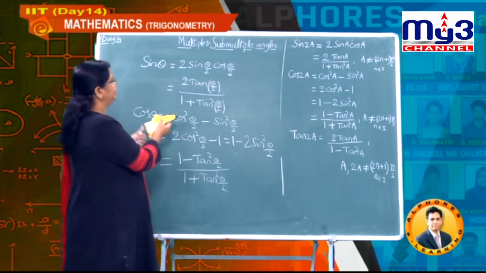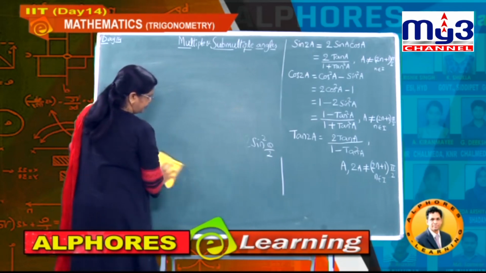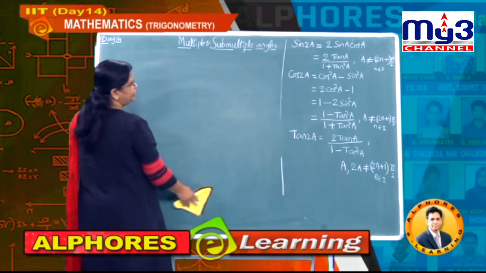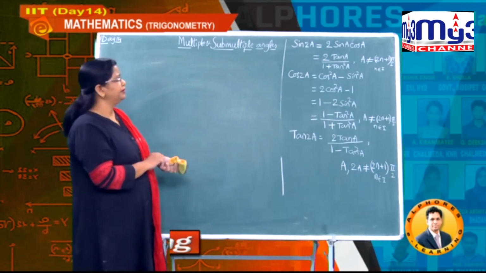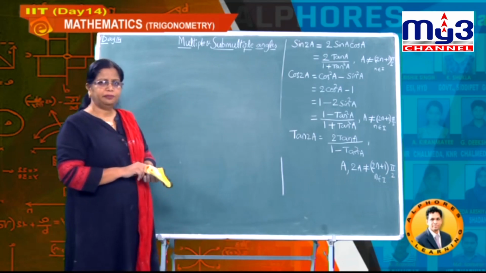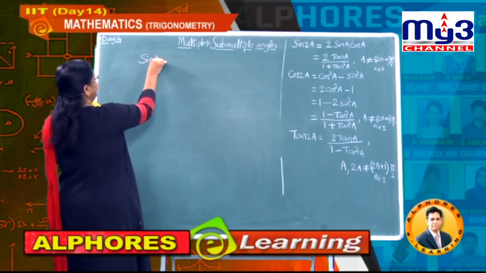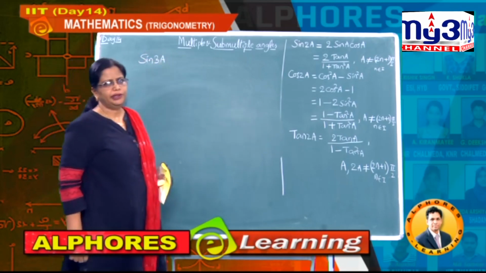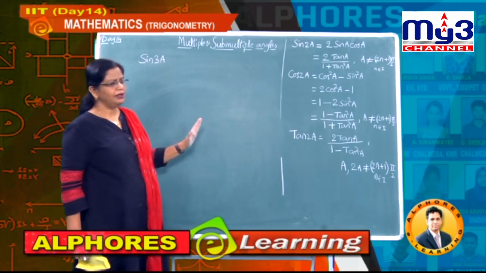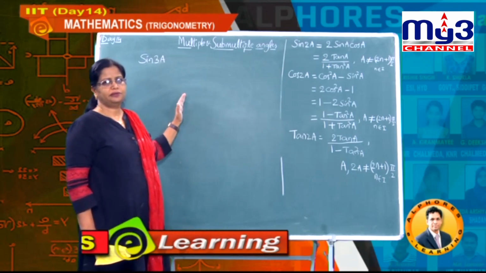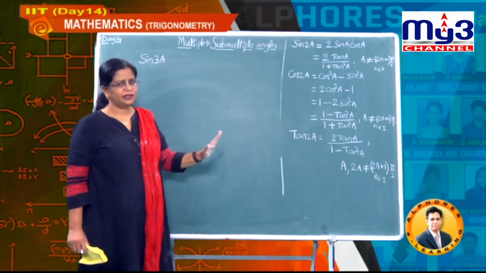Okay. Now let us see, students, what deductions you can observe from these formulae. So here I wrote sin 2a, cos 2a, tan 2a, these are the basic ones for this concept of multiple and submultiple angles. Now let us observe what is sin 3a, a multiple of 3. Don't worry, I am not going to do sin 4a, sin 5a, etc. We are going to do sin 2a, cos 2a, tan 2a, and now sin 3a, cos 3a, tan 3a, that's all.